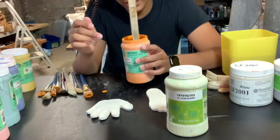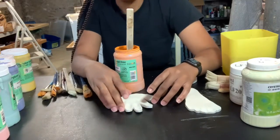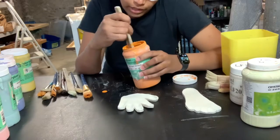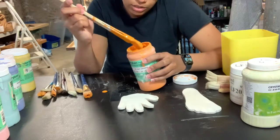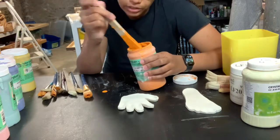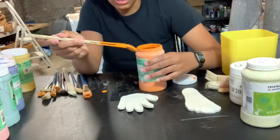Oops. That's okay. So, as far as your color choices, if you don't have any particular desire about how you want it to look, you might just want to use complementary colors, which, if you look at a color wheel, are the colors that are opposite from each other. So I'm going to use orange and blue. So I'm going to use an orange underglaze,